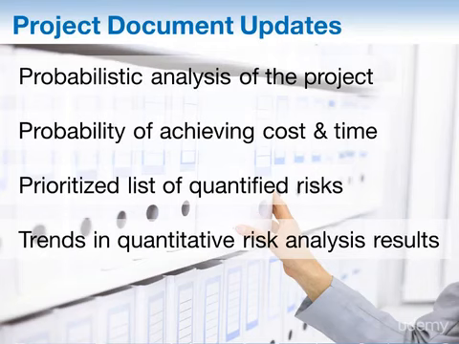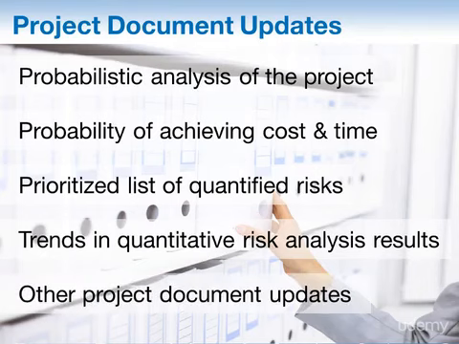And of course, there could be other project document updates. These updates to the risk register are also going to set off updates in other project documents. For instance, if the quantitative analysis has determined that there is a 92% chance that the project is going to overrun its planned budget this month, then that information is to be reflected in reports and potentially change proposals or